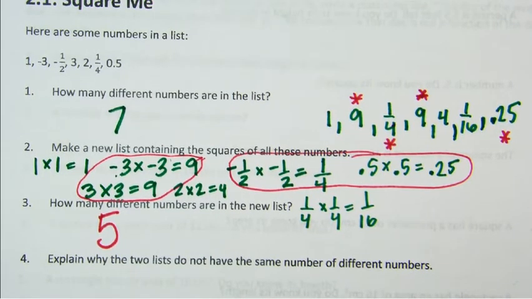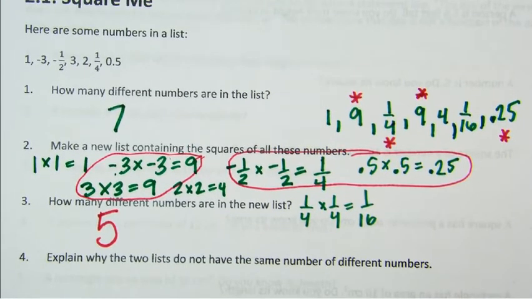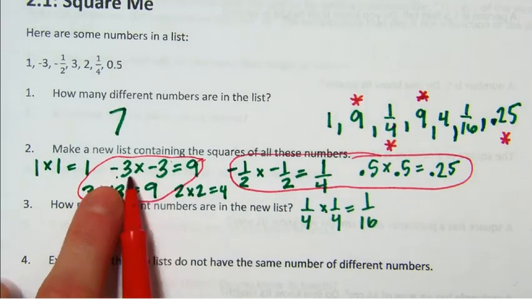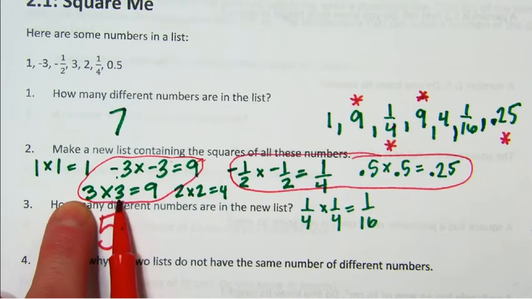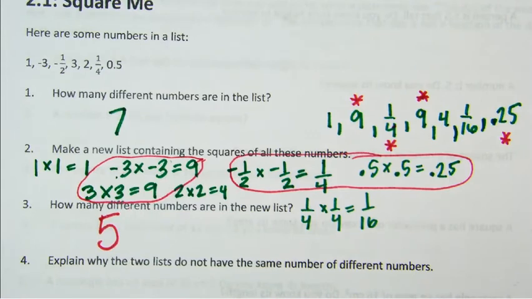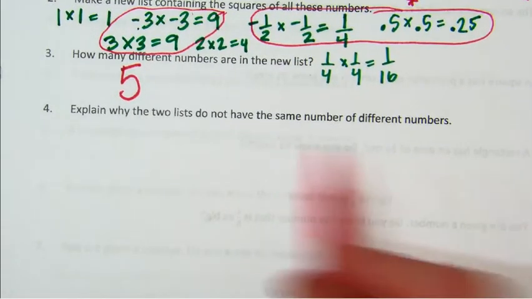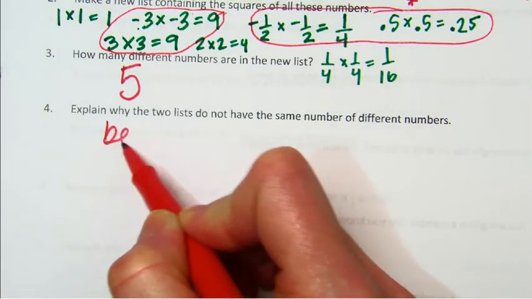Yep, that's exactly right. When you have a negative times a negative, it equals a positive. So whether I start with a positive or a negative, when you multiply it by itself, you're going to get a positive number, right? And so since I have -3 times -3, I'm going to get the same answer as a +3 times +3, because a negative times a negative equals a positive. So that created a situation where some of my numbers ended up repeating. All right, so the two lists don't have the same number of different numbers because